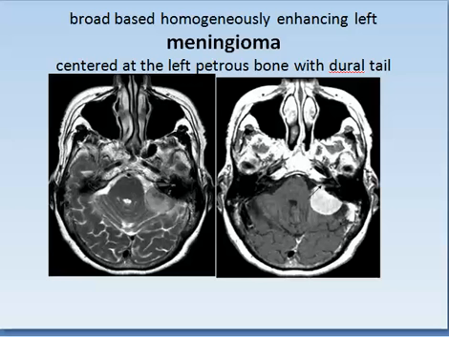The main bulk of the tumor is seen as intermediate T2 and markedly enhancing on T1 weighted images. There is some displacement of the brainstem to the other side with obliteration of the nearby extra-axial space or CSF space. This is typical of meningioma of the petrous bone. Meningioma of the left petrous bone with dural tail.